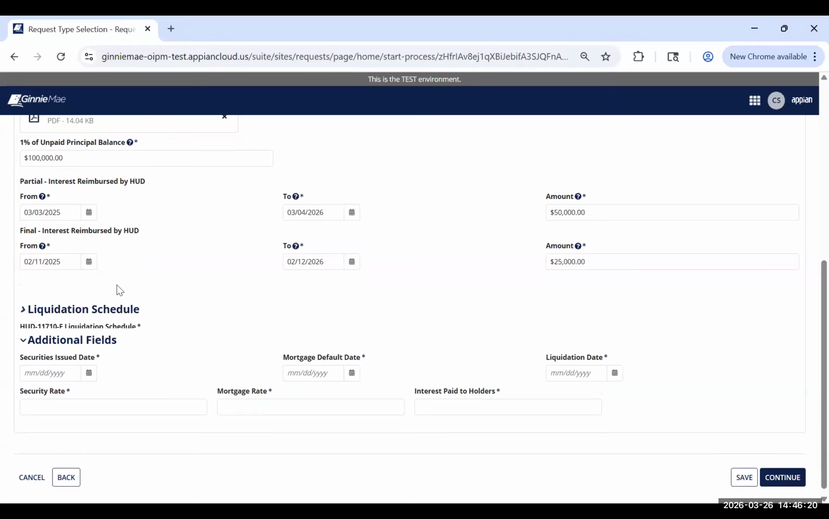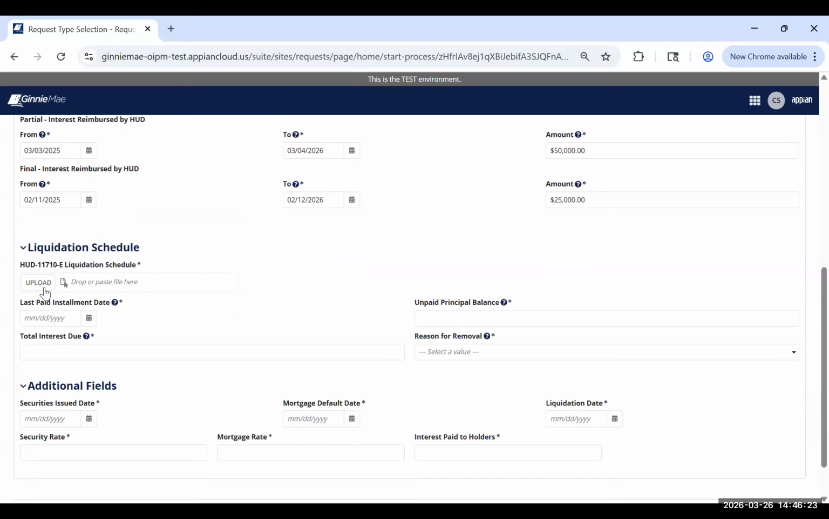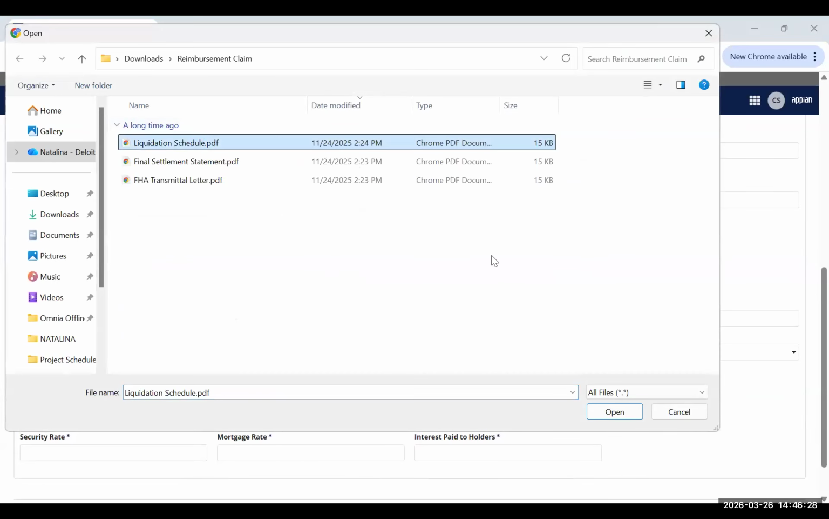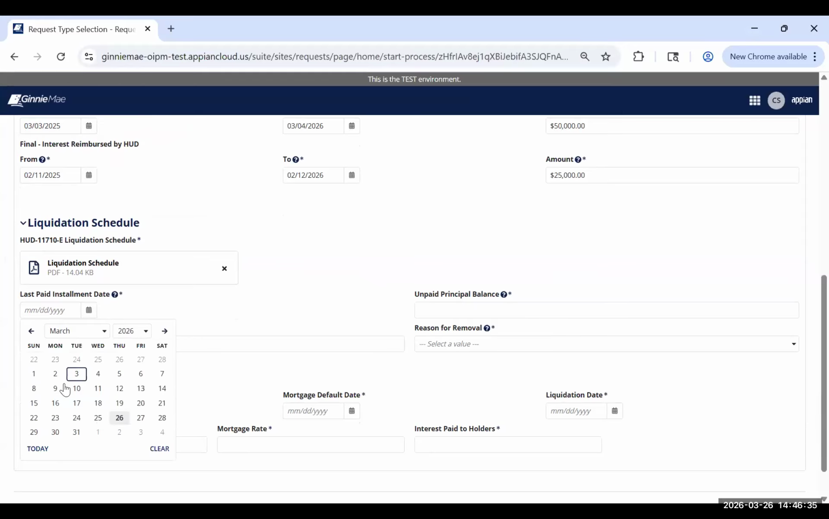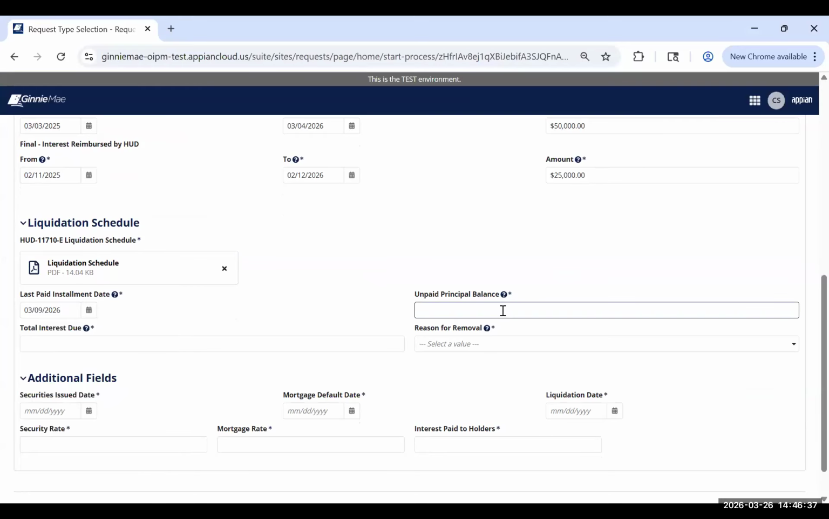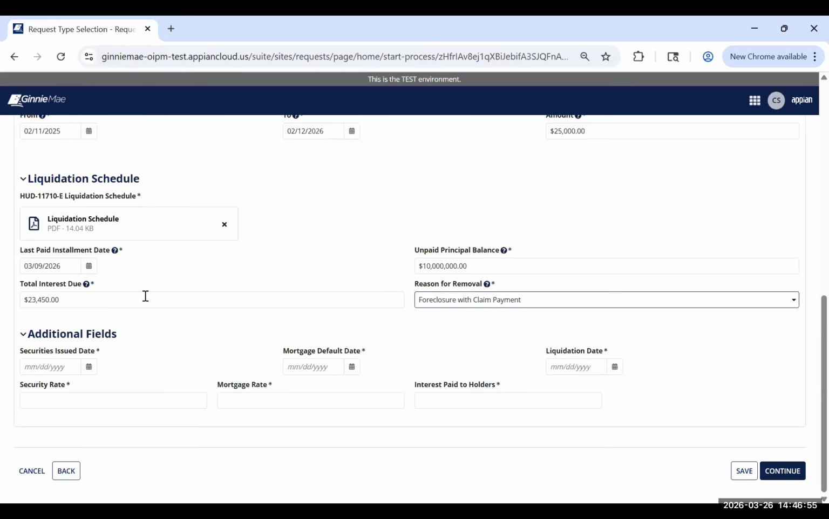And then we can move on to the liquidation schedule. We will upload that document. And then the last paid installment date, along with the UPB, the total interest due, the reason for the removal,